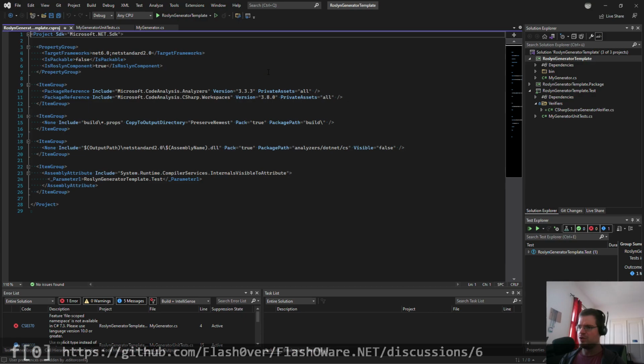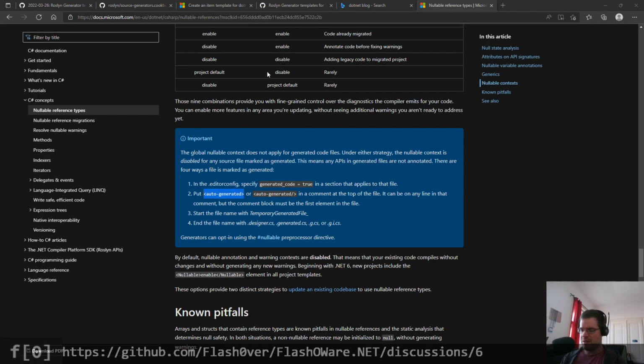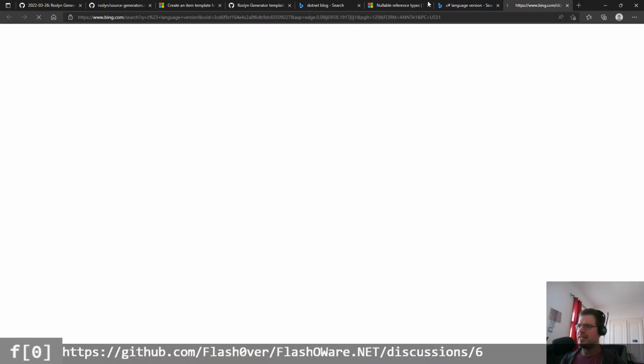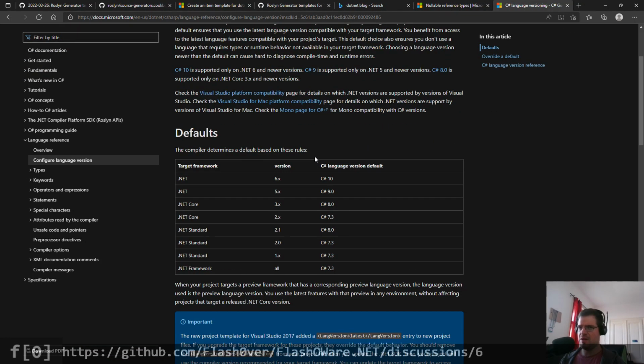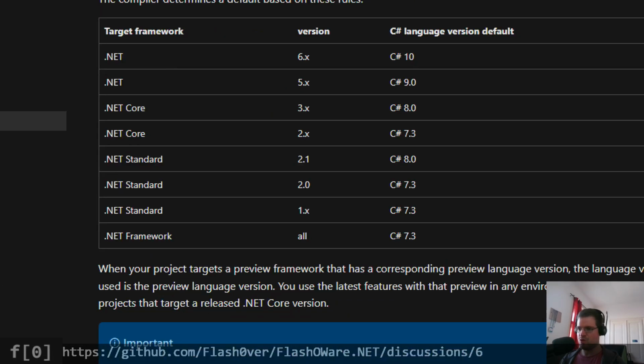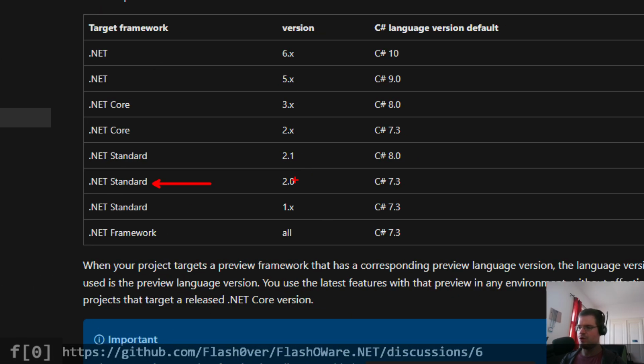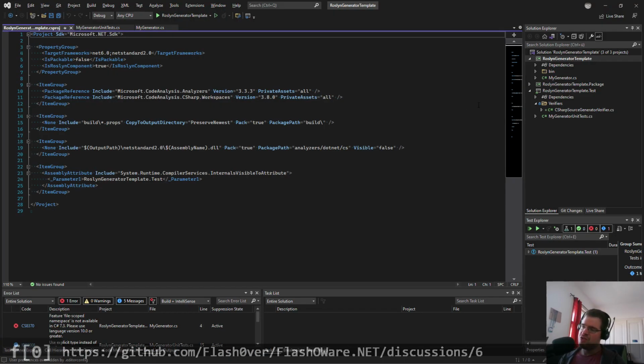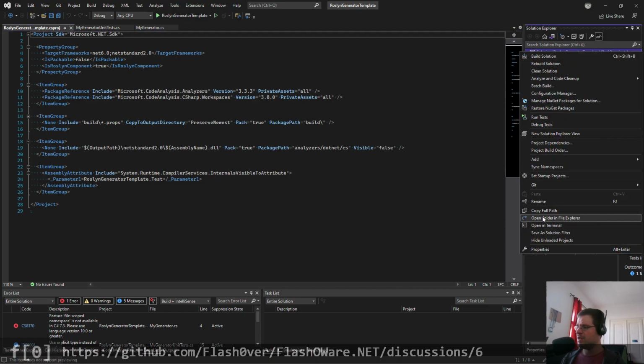So we need .NET Standard 2.0, but let's go to the C# language version. The default language version is 7.3 for .NET Standard 2.0. There we see it. .NET Standard 2.0, default language is 7.3. But we will want to be using C# 10. Since we assume, basically this is a requirement, this template is working with the .NET 6 SDK, we can now